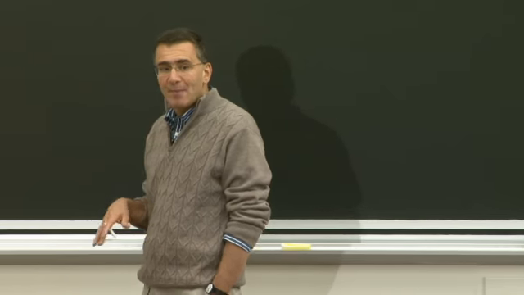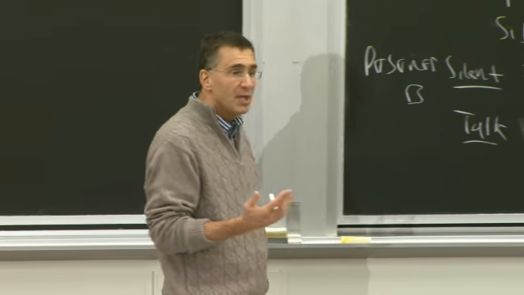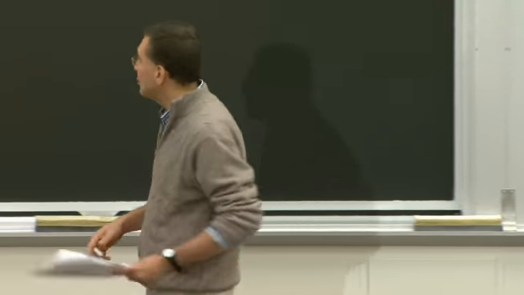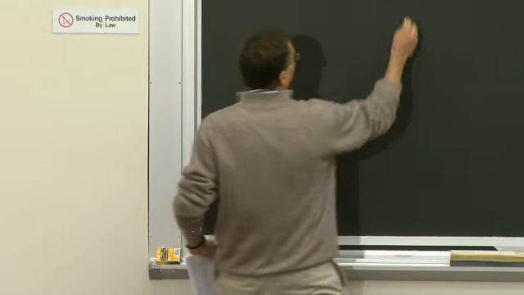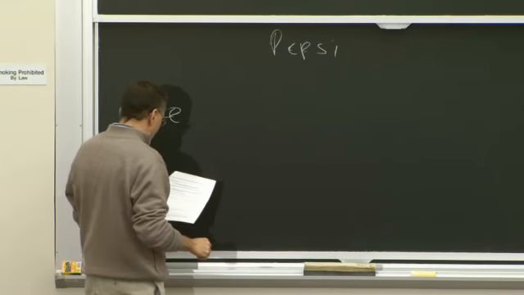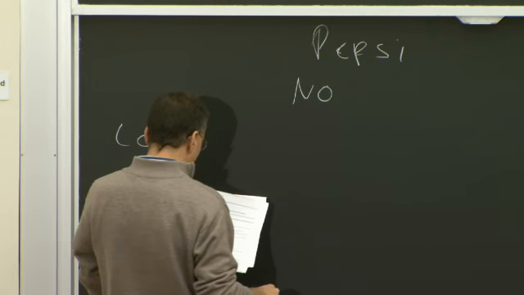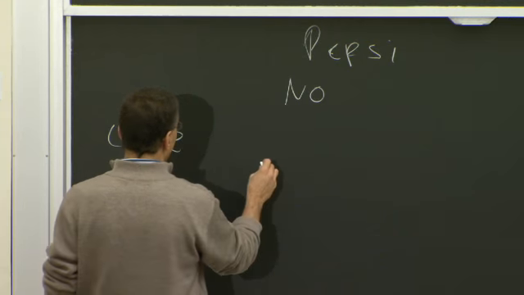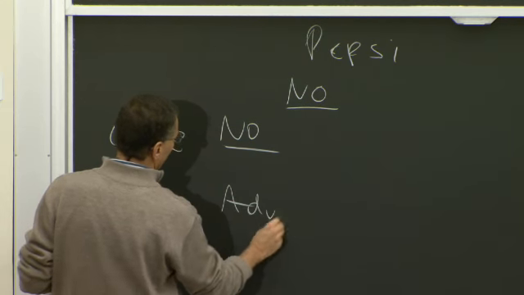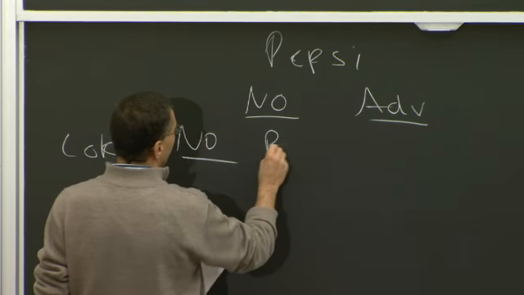However, it's going to turn out that while that may be the dominant cooperative outcome, that's not the dominant non-cooperative outcome, because each firm is better off advertising if the other one doesn't, or regardless. So for example, imagine the following payoff matrix. I'm just making this up, okay? But here you have Pepsi, and here you have Coke. Imagine the payoff matrix, and Pepsi can choose not to advertise, or it can advertise. Okay? So if they both don't advertise, Pepsi gets 8 and Coke gets 8.